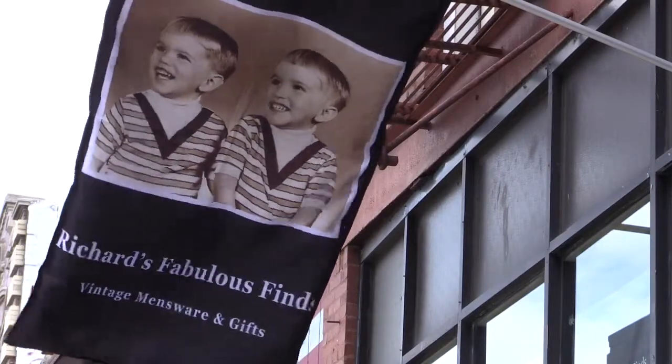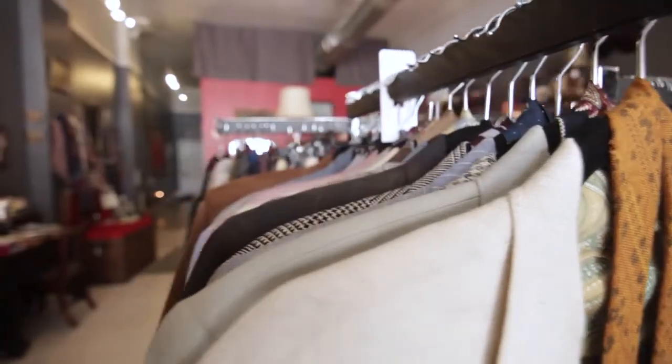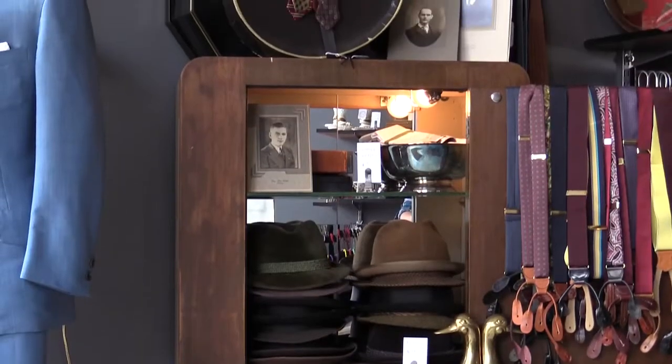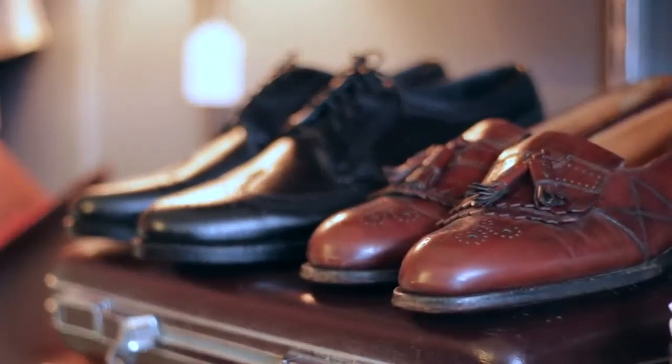My name is Richard Biasi, and I'm the owner and proprietor of Richard's Fabulous Finds here in Humboldt Park. My line is very, very tailored. I would say more to the English tailored end of things. It's very formal. Lots of tweed, ties, suits, jackets, coats, dress shoes, but a lot of guys are dressing up